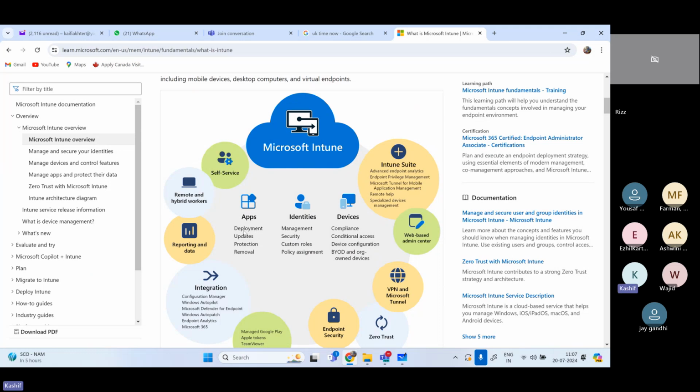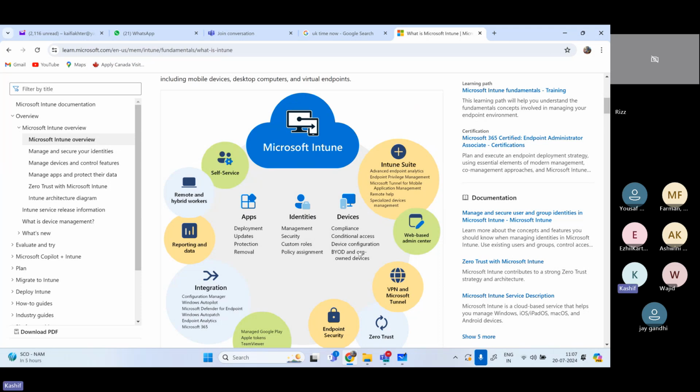You can deploy applications, deploy updates, deploy protection, removal, then identities like management, security, custom role, policy assignment, and then device management, compliance, conditional access, device configuration, BYOD like personal devices and organizational